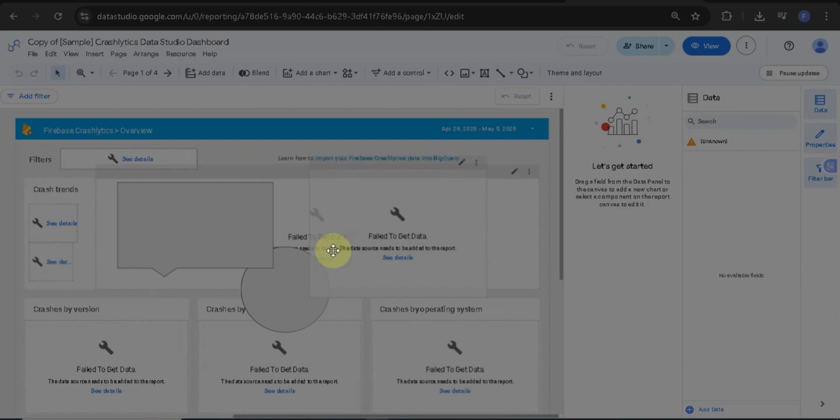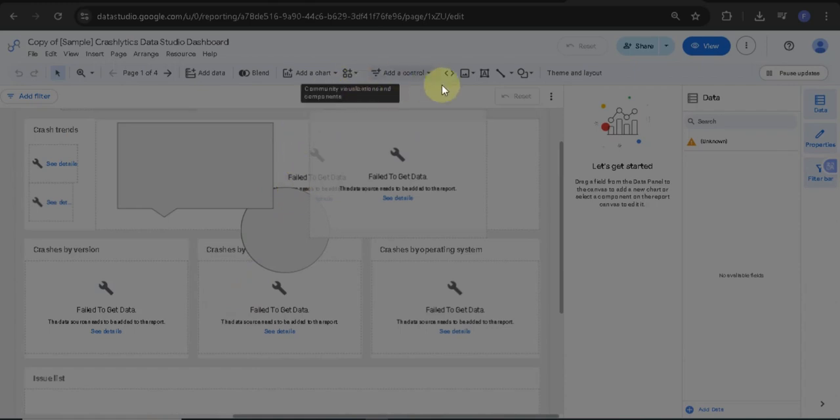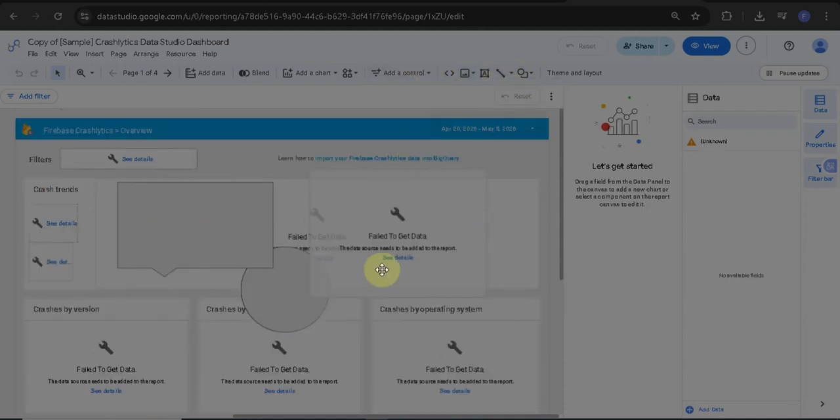To make your report interactive, add filter controls. Go to Insert, then choose Filter Control or Date Range Control. These allow users to interact with the report by filtering data based on their needs. You can also customize the design by changing colors, themes, fonts, and layouts to make your dashboard more professional and